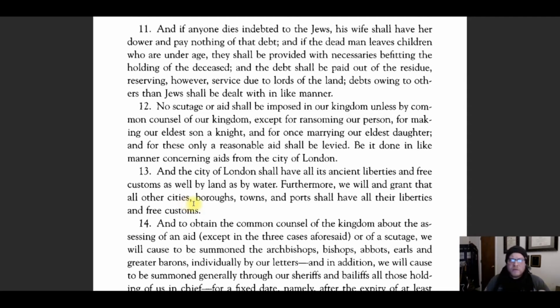So notice, I know when we think of rights today, and we'll get there, you might be thinking of life, liberty, and the pursuit of happiness. This is not that. Here, we're talking about the rights of landowners, and we're talking about the relation to property,